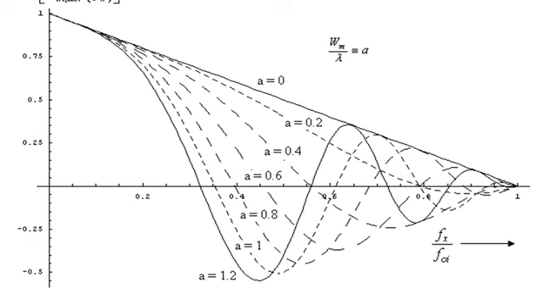Now look at a equal to 0.4. You see that it even touches the x-axis and goes in the negative direction below 0.6, and then it rises and again approaches the value of 1. Similarly, look at a equal to 1.2. You see that it goes to 0 below the value of 0.4, approximately just above 0.3 on the horizontal axis. So it is negative at that point, and then it rises, again touches the axis just below 0.6, and then goes in the positive direction, then again decreases and goes in the negative direction at a value approximately